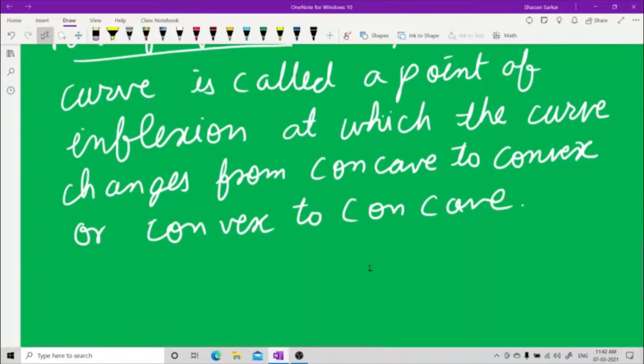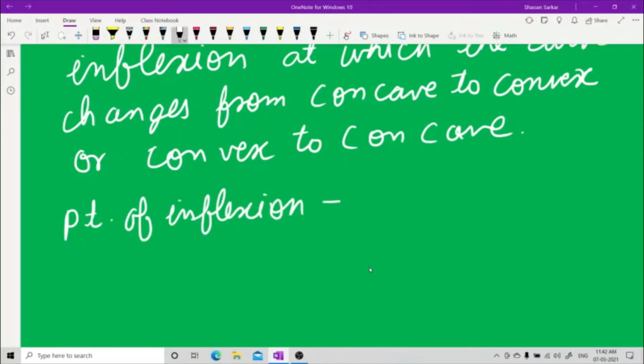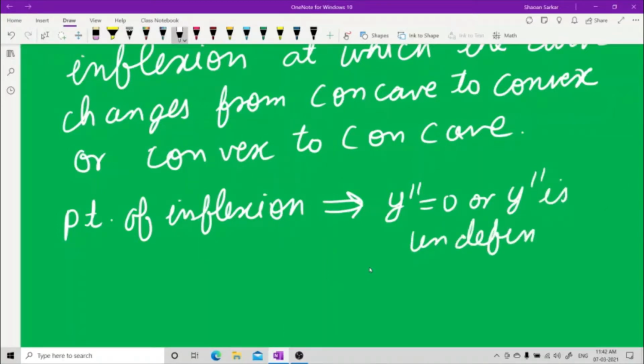Now, understand one thing. Let me write in short: point of inflection implies y double dash is 0 or y double dash is undefined. I'll explain with an example. Remember, this is important. Point of inflection implies this, not the other way around. Most students say it the other way around. Y double dash 0